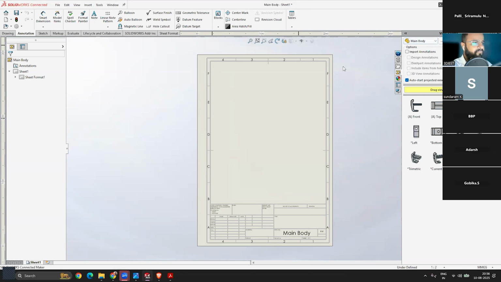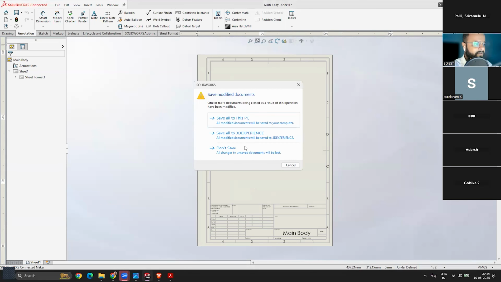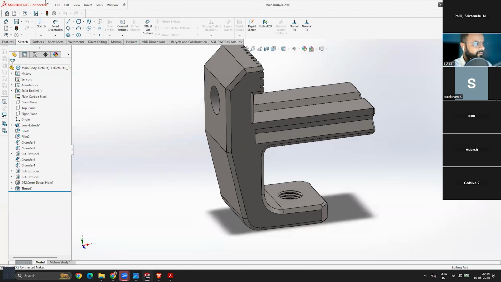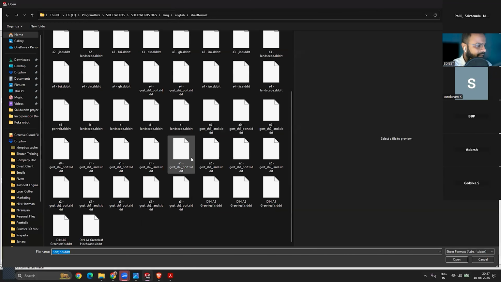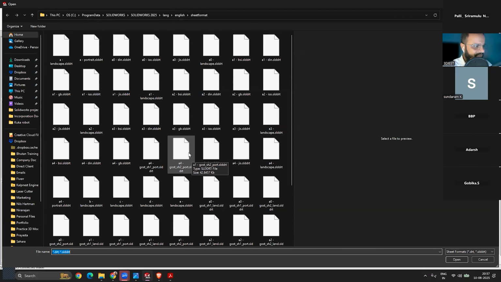No problem. I will just close it, and we'll do this again. File, drawing from the part, and here we'll have to make sure that we are selecting the right orientation. So we'll go on to the browse, and we can find the A4 size file format.